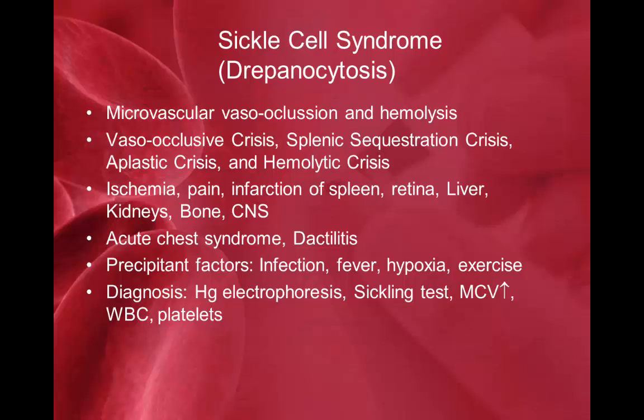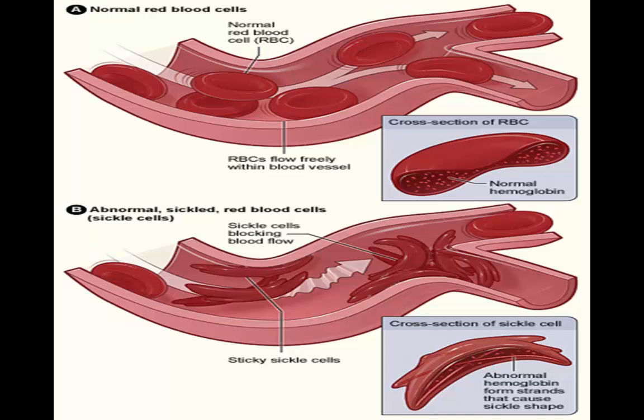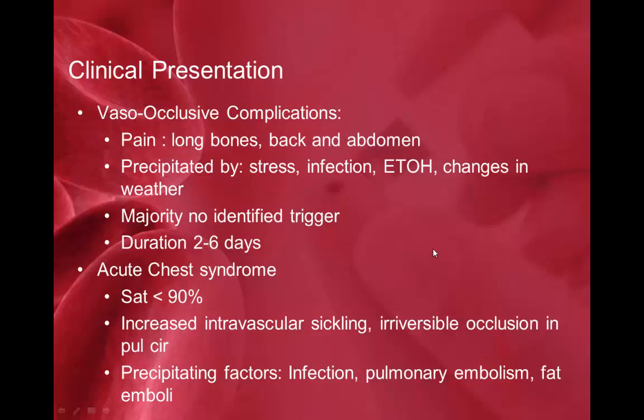The diagnosis, again, could be by DNA testing or by hemoglobin electrophoresis. This is basically to demonstrate the normal red blood cells and the sickling and how they clog, producing thrombosis and ischemia. Patients could have a vaso-occlusive disease in the bones and in the abdomen that is precipitated by the same factors, or they could have an acute chest syndrome, which is very, very common, and the saturation of oxygen is less than 90%. They have irreversible occlusion in the pulmonary circulation that is